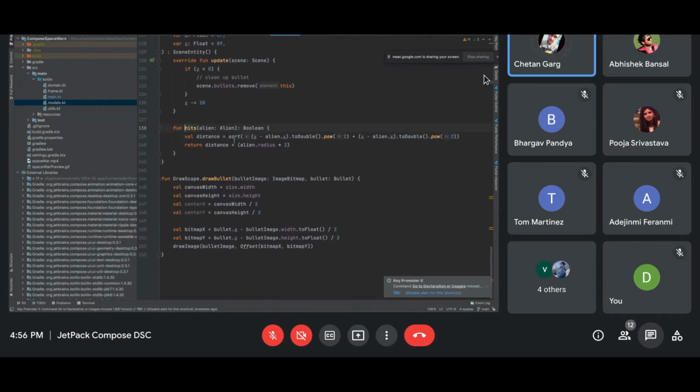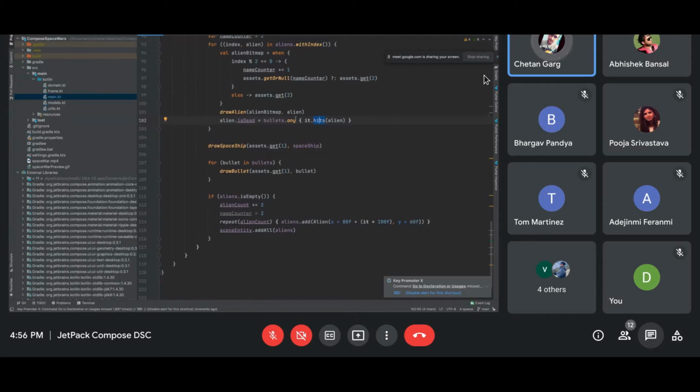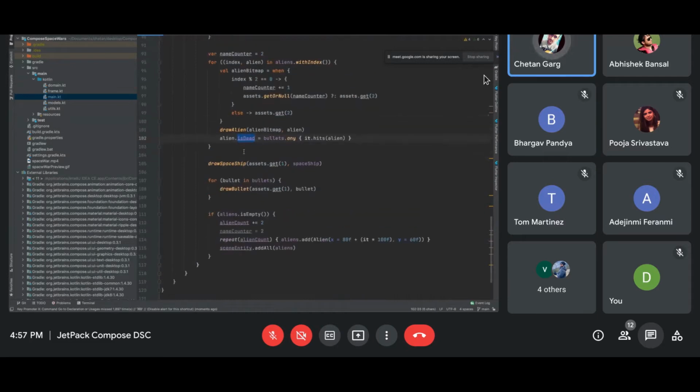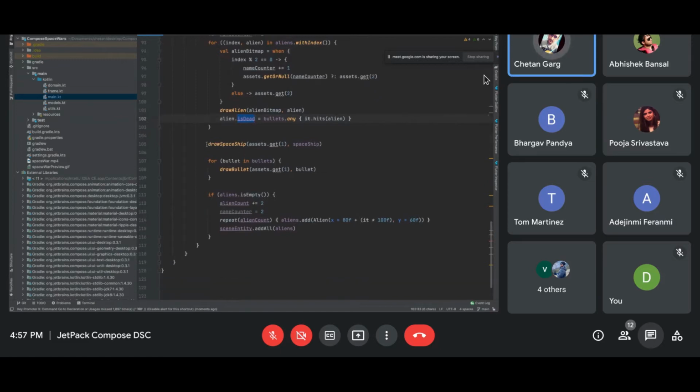If the distance formula returns true, that means a bullet hit, then the alien is dead. And when the alien is dead, I don't spawn it. I will show you the domain class and the updating feature in a moment. Let's see how I'm drawing things first.